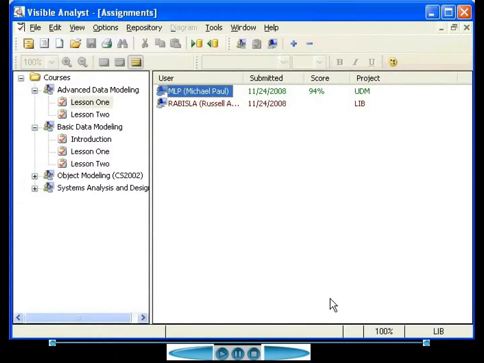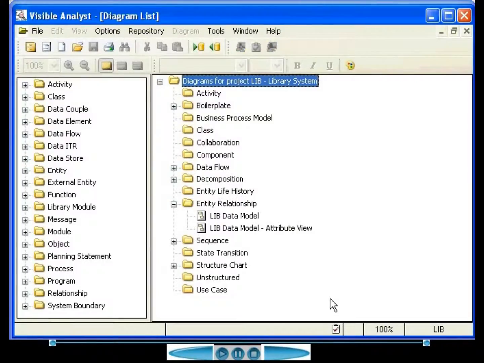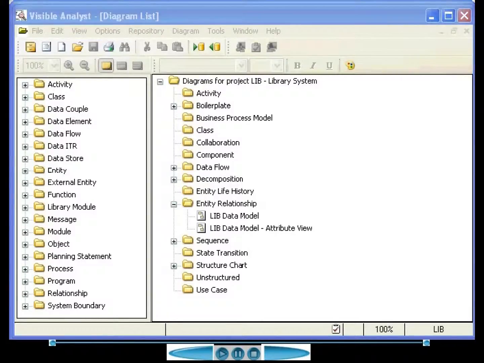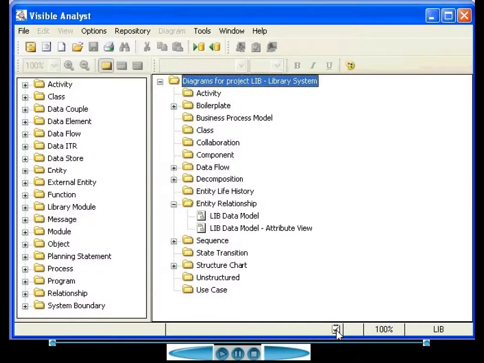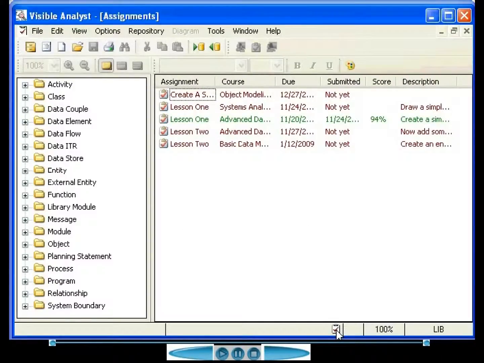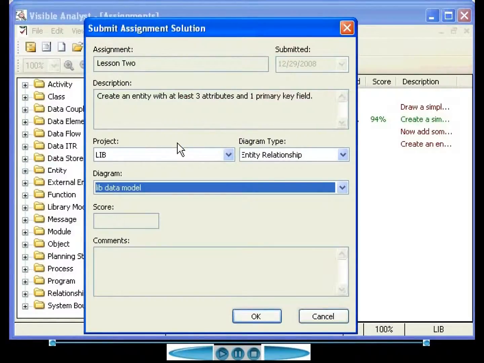Alright, let's take a look at what the user sees. Okay, the first thing we'll note is that on the toolbar we have this icon indicating that there are assignments pending. If we double click on that, it'll bring up the assignment list. And we see we have this Basic Data Modeling course. Take a look at that. Okay, we have the